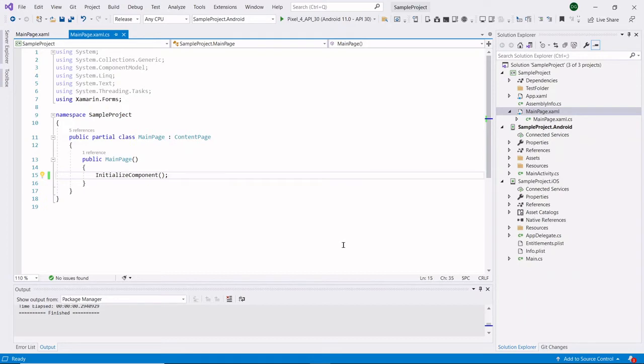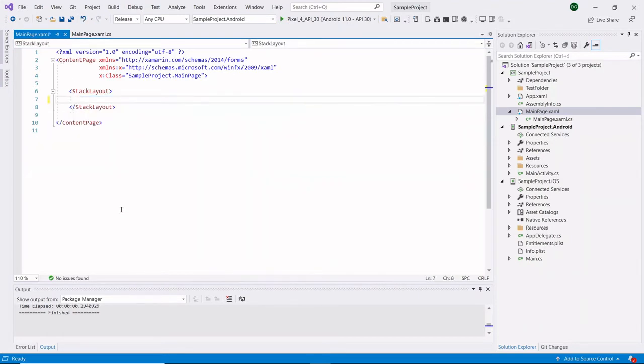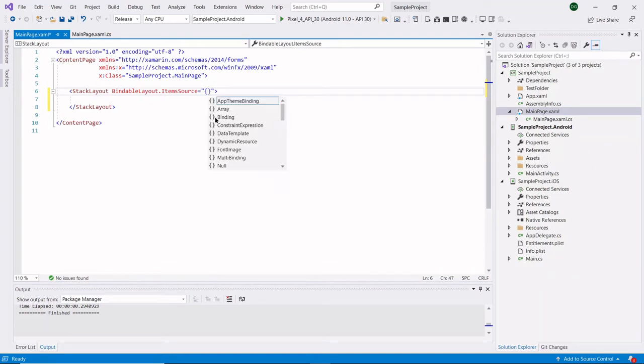I have opened the MainPage.xaml file. Here we have default code. Now I am removing this default code and I will add bindable layout to the stack layout. Here a list of items is to be assigned to the item source property.